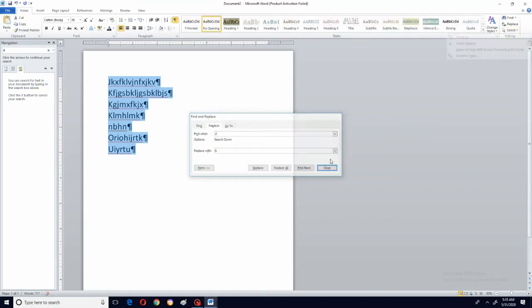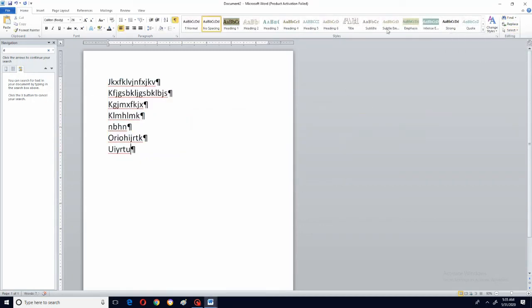Select is nothing but, suppose if you have not selected. Now if you go with this select, there are other options. Either you can go with the mouse, keeping the mouse pointer and dragging with the left mouse down. Like this also you can select, or you can go to the select option and select whichever you want. Suppose any object is there, you can go with select object and select all text with similar formatting. Suppose if I click this, everything will be selected like that. So select is used in that way.